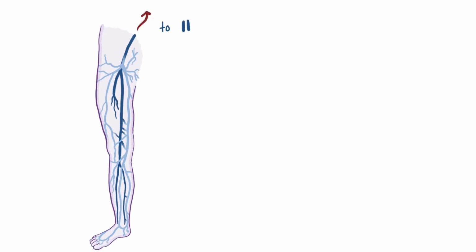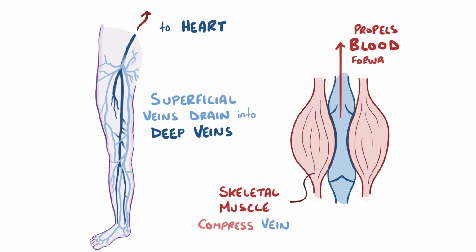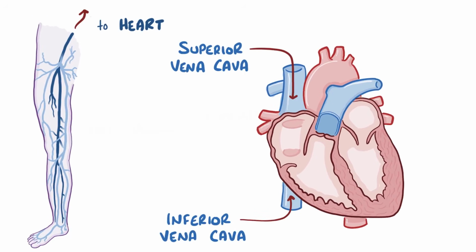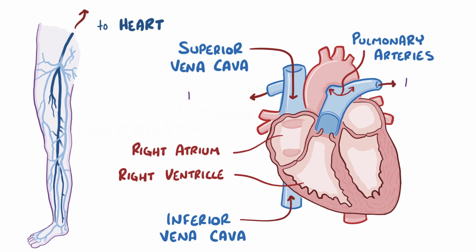Normally, blood makes it back to the heart from all the tissues and organs through a network of veins that merge over and over. Superficial veins drain blood into deep veins, which rely on the skeletal muscle pump to move blood forward. The way this works is that the surrounding skeletal muscles compress the vein and propel blood forward, and the veins prevent blood from moving backwards by using one-way valves. Ultimately, all the blood ends up in the superior or inferior vena cava and dumps into the right atrium. From there, the blood goes into the right ventricle and gets pumped into the pulmonary artery, and eventually to the lungs.